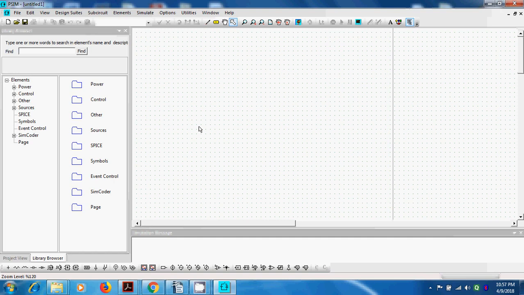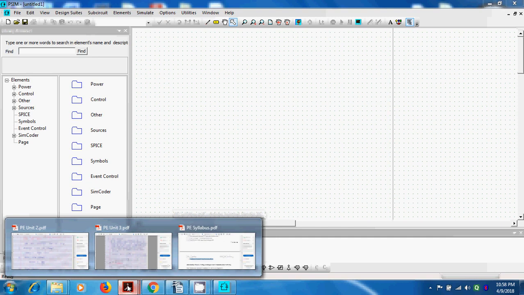The very first circuit that we'll take today is single phase semi converter with R load, RL load and RL load with freewheeling diode. In this case, first we have to observe the waveforms in each case. Second, to measure the theoretical and simulated values of average DC load voltage and RMS DC load voltage, and compare them. So let us start with single phase semi converter with R load.